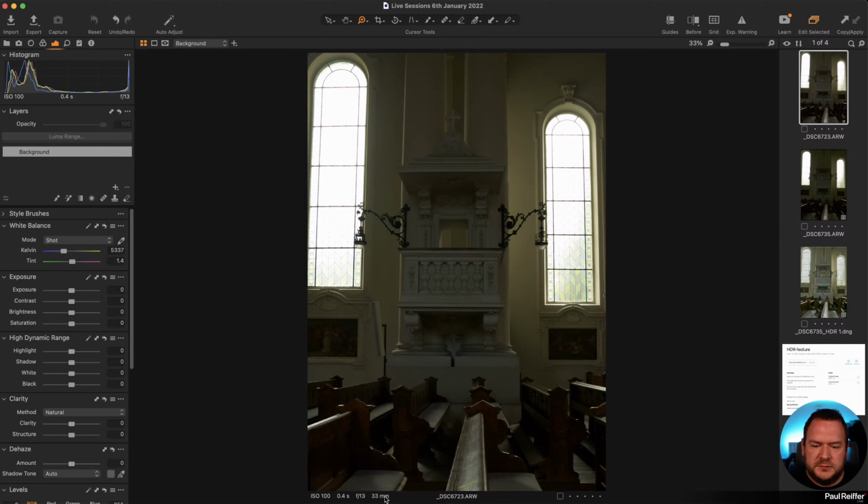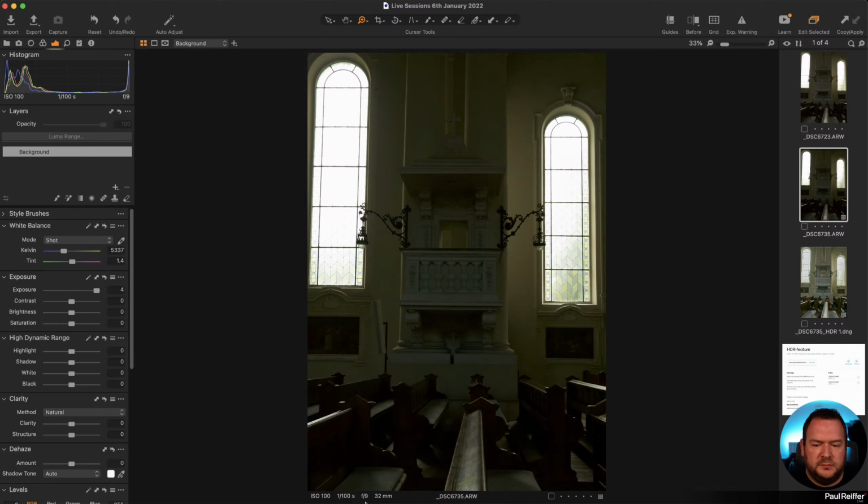This shot here, taken at f13, 0.4 seconds, ISO 100, at 33 millimeters. This shot here, f9, at 100th of a second, at 32 millimeters. Now, it's okay to shift your shutter speed, which is exactly what you should be doing when you're trying to get those bracketed shots.